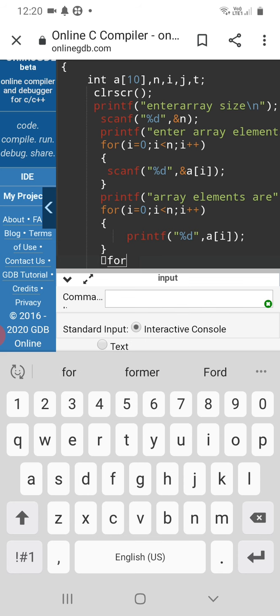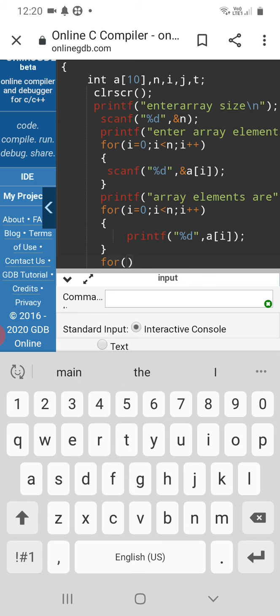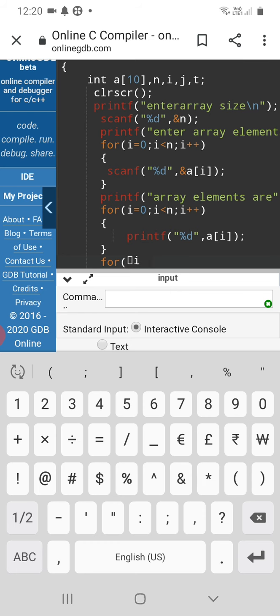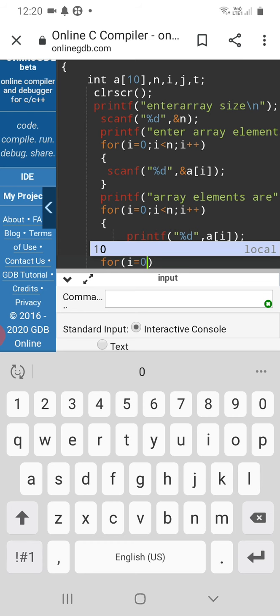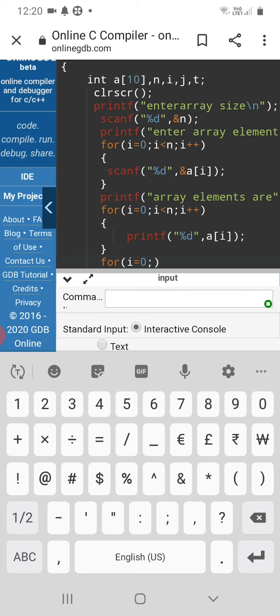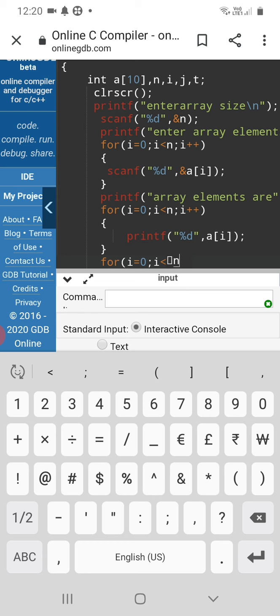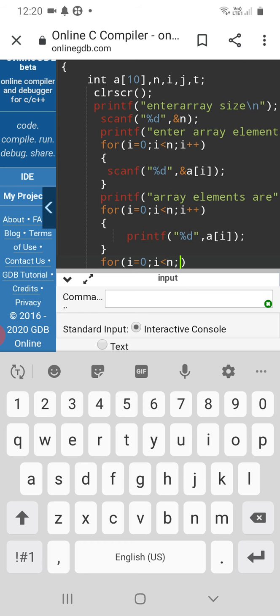Open bracket, for i equal to 0, initializing i equal to 0, which was declared above, ending with semicolon, and expression i less than n, ending with semicolon, then incrementing the operator i plus plus.